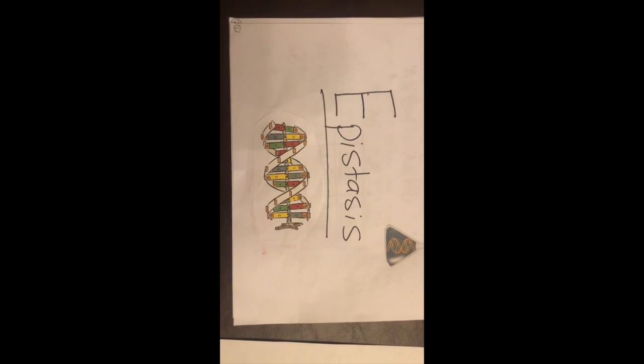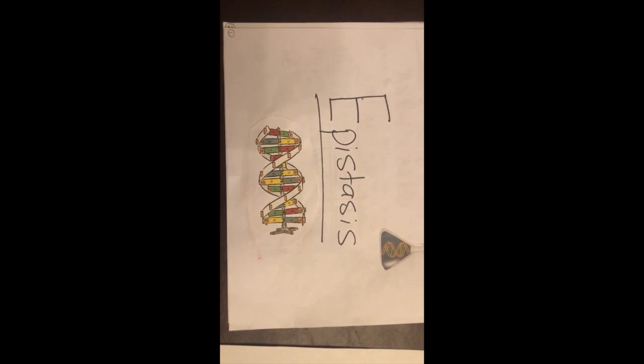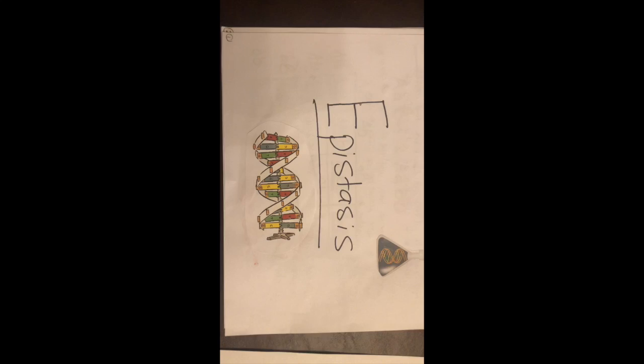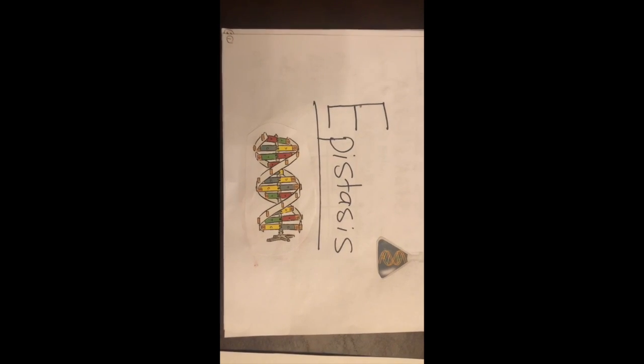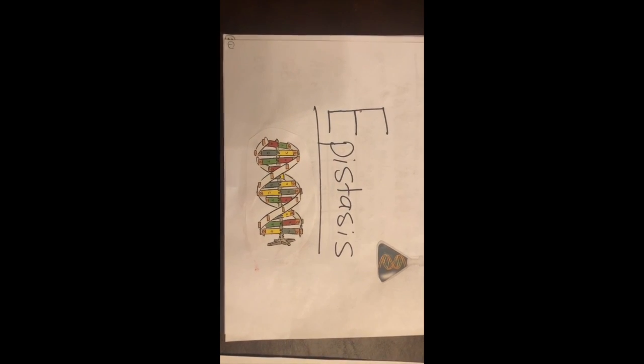Hello, today we'll be talking about epistasis, a very important topic in understanding genetics, specifically inheritability, how an organism looks. It's called their phenotype, while their genetic makeup determines their genotype. Some traits are driven by one locus or set of alleles, while others consider multiple. Epistasis is when the expression of alleles at one locus masks or modifies the expression of other alleles at another